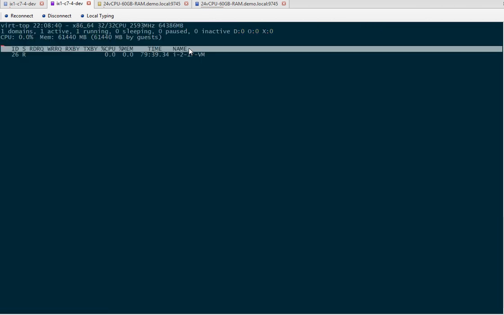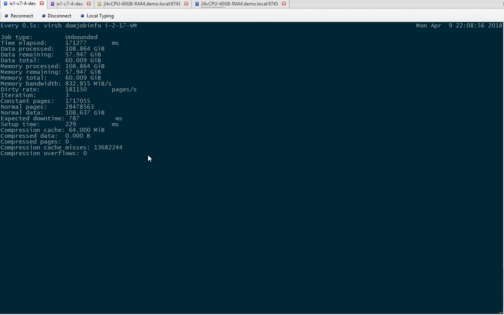But effectively, because we are stressing the VM, it's all memory again. If you observe the virt-top utility over here, we will see that the 24 CPU utilization of 100% inside the VM translates to around 75%. For some reason it says 77 over here, but roughly 75%, because we are using 24 out of 32 CPUs. Right now we are already in the third iteration of the RAM copying process, or the second phase 2 iteration. We can see the dirty rate